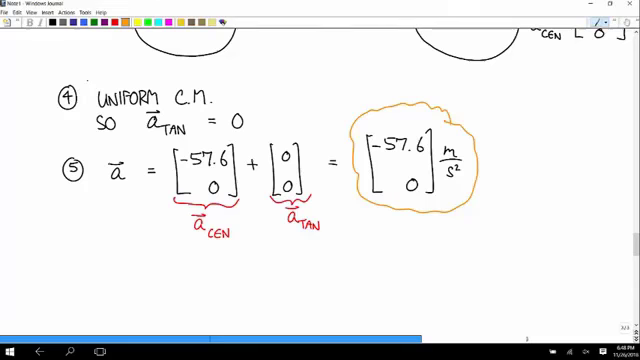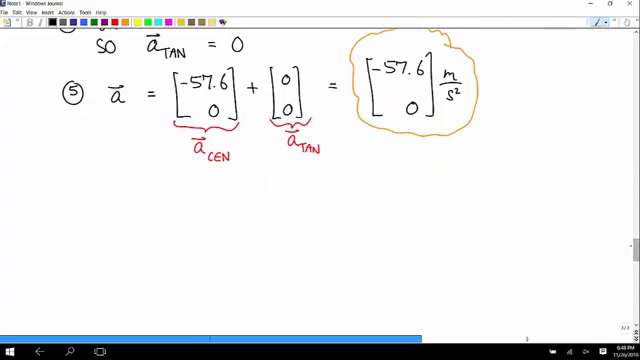Okay, so that's part A. Now we want to calculate the force that the seat applies to the pilot. And that goes along with step 6. Step 6 and 7 is draw a free body diagram of the thing you want to calculate the forces on, and use Newton's second law. So, a free body diagram of the pilot